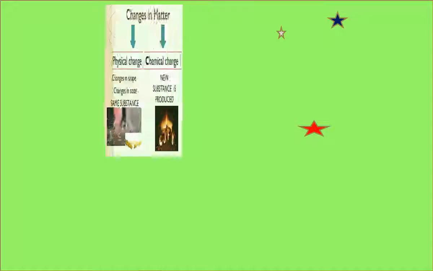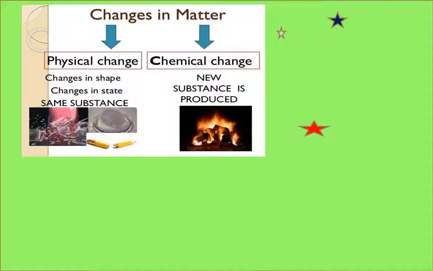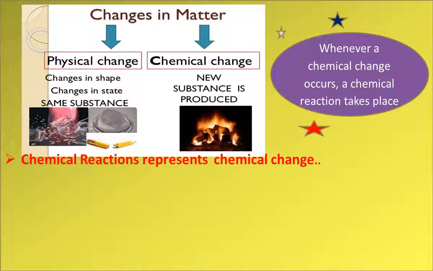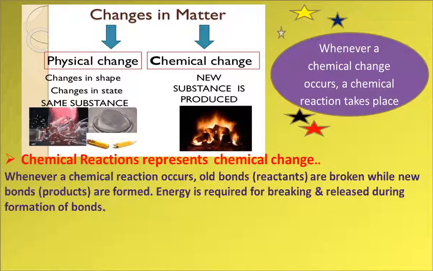Now, what is a chemical change? A chemical reaction represents a chemical change. Now let's talk about reactants and products. The original substances that undergo changes are called reactants. As atoms and molecules mutually react and combine, they form new species called products. During a reaction, older bonds break to form newer bonds, and energy is consumed in breaking and released in the formation of bonds.